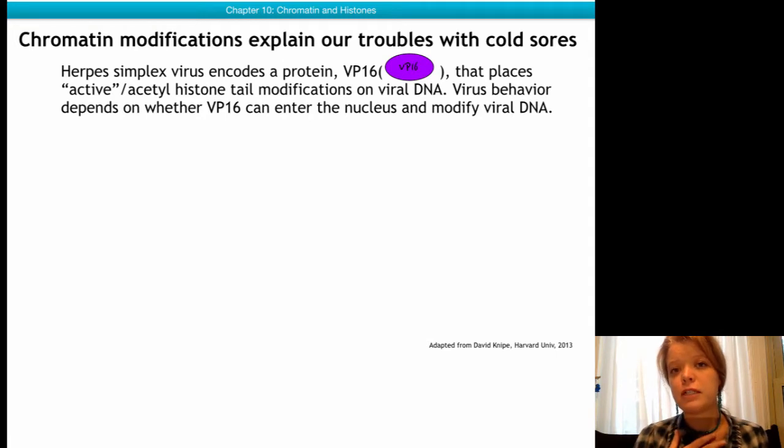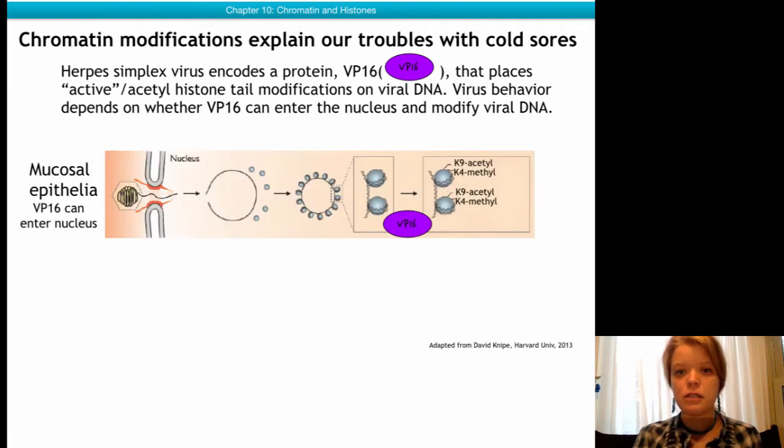However, I'm not sure if you guys appreciate the fact that herpes actually doesn't reside in our lips. So treating the area here will not actually kill all of the virus. Instead, it lives in the sensory neurons in the brain that protrude into our lip-mouth area. And the herpes simplex virus has a particular protein called VP16 that can acetylate histone tails, making sure that the viral DNA is expressed. So what happens inside one's mouth when one has a cold sore,